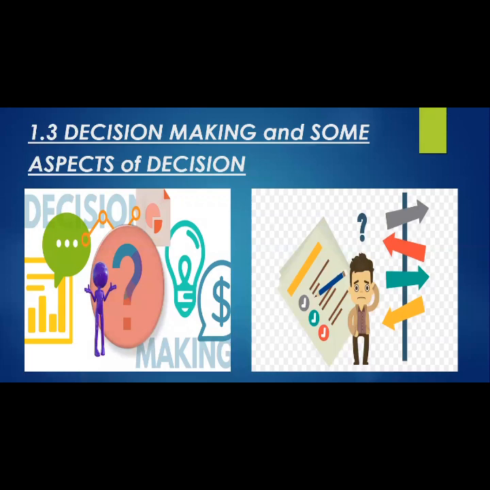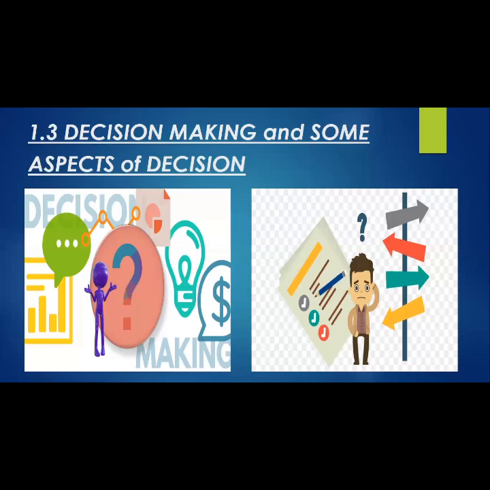The next key area that I'm going to be discussing right now is decision making and some aspects of decision. Many a time we speak of the word decision as if we know much about it. But what is meant by decision? What does it consist of? What are its characteristics? Now, let us have a brief discussion about the word decision, as much of our time is expended in dealing with the decision-making process, especially in operations research.